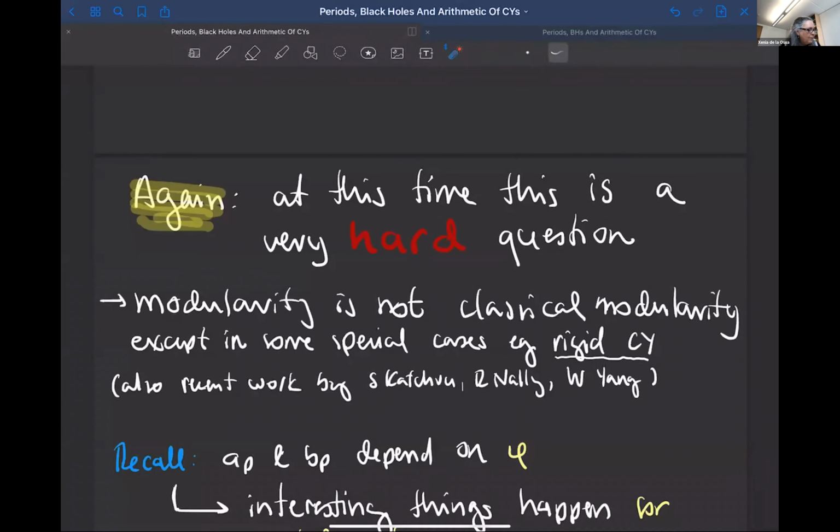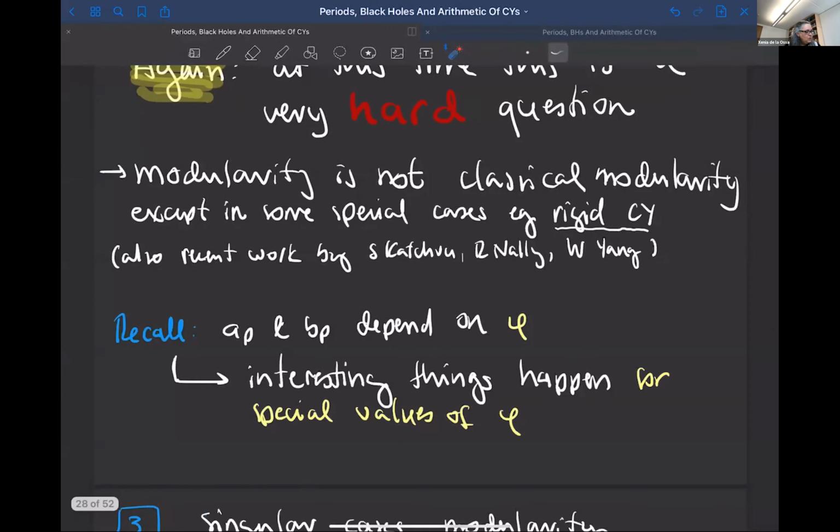There is also work about modularity on Calabi-Yau manifolds by Shamit Kachru, Richard Nally and Wenzhe Yang. That is also extremely interesting, and I was hoping that Shamit would speak about that. Already spoke? I don't know. So anyway,